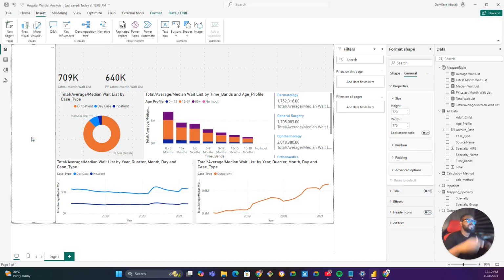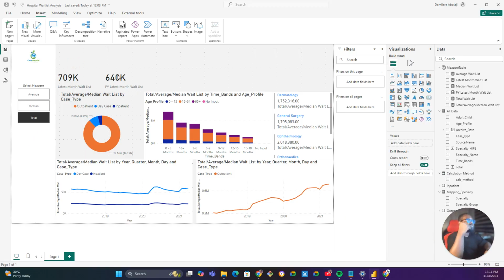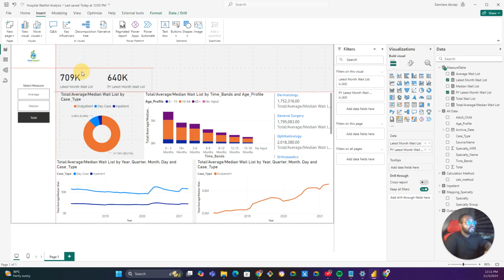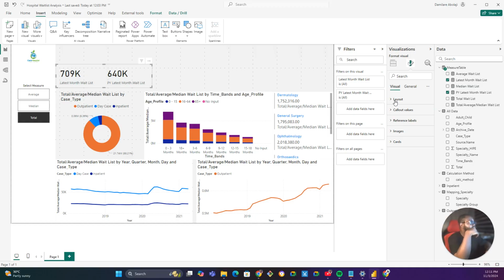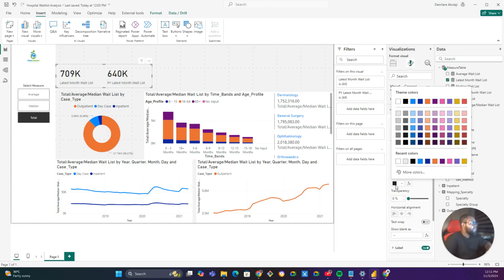So let's go to our cards now. I'm going to add my cards here. I'm going to leave them at the top, and let's add some format. So we're going to stick to this green color. So for my callout values, let's have green, more colors, and